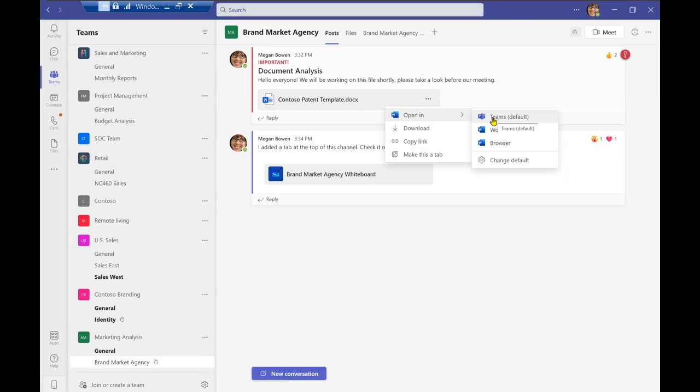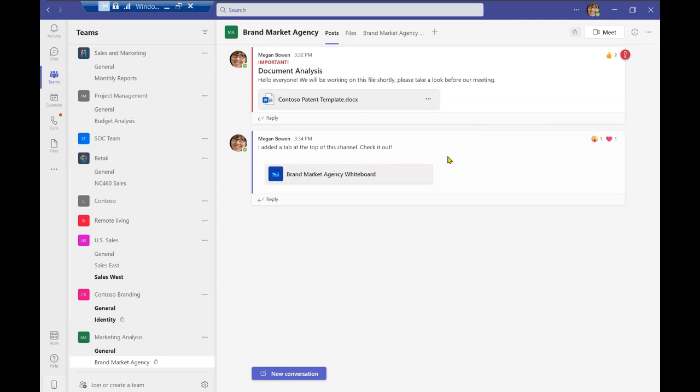And I would suggest to do this just because it will allow for rapid work and accessing your information. But if you chose not to do this, you can choose to open up the desktop application overall, or go ahead and open it up in your browser as well. And if you need to, you can go ahead and download the link or copy the link and share it out with other people.